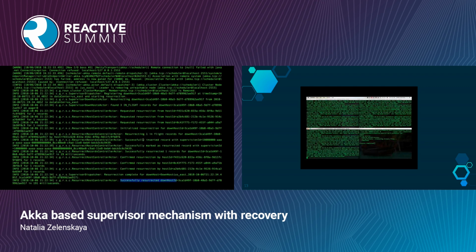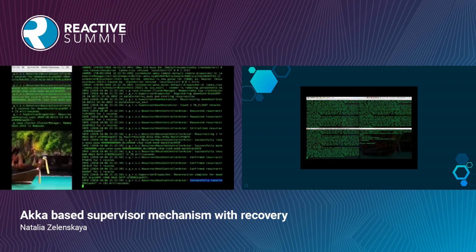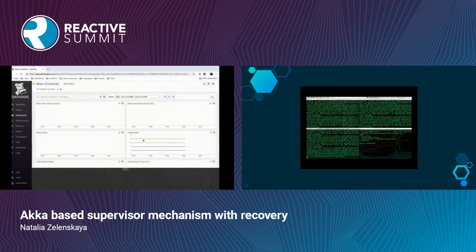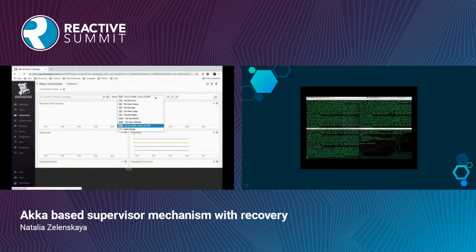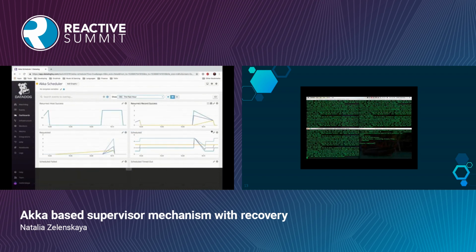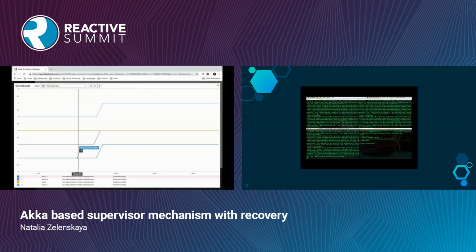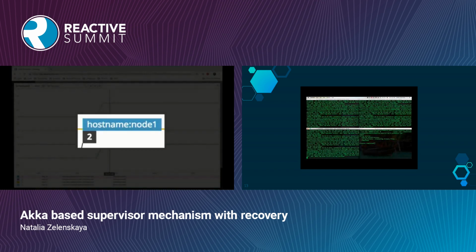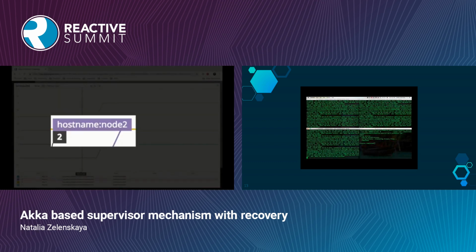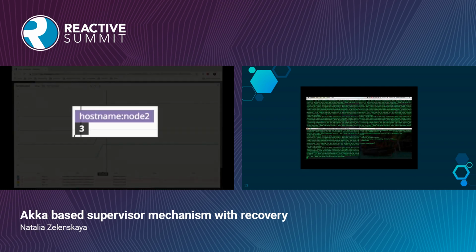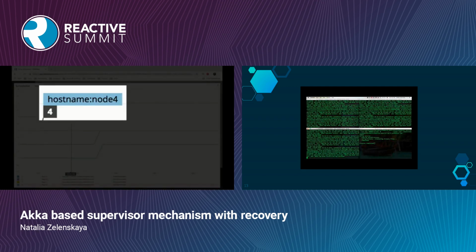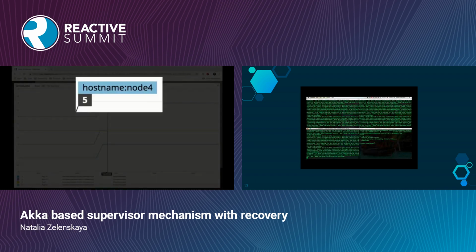So we can also see this on a dashboard, because logs are sometimes hard to read, especially because it's asynchronous message passing. We're going to see that the metrics have changed, that the state of our nodes has jumped one record above. So host number 1 had 1 record, now it became 2 because it got 1 from the failed node number 3. And same happened to other nodes. Node number 2 jumped from 2 records to 3, and node number 4 jumped from 4 to 5.